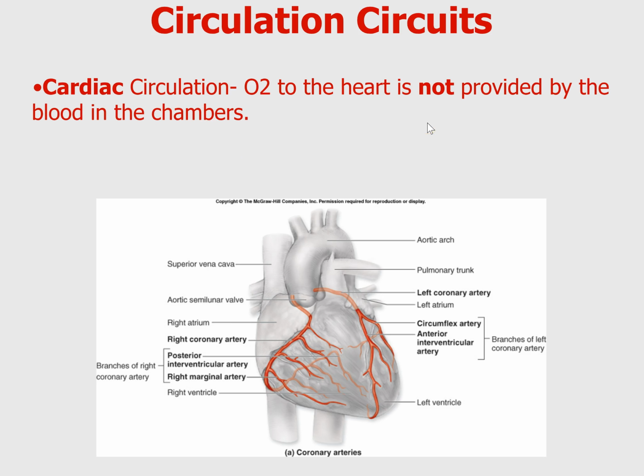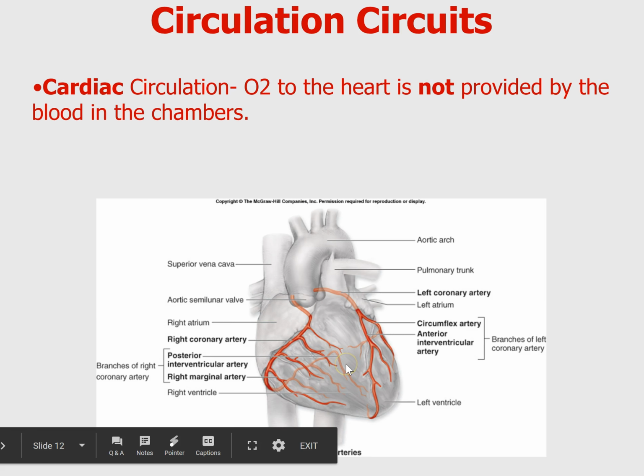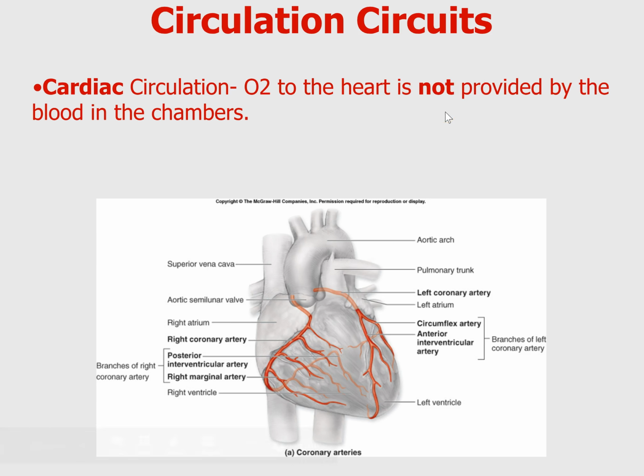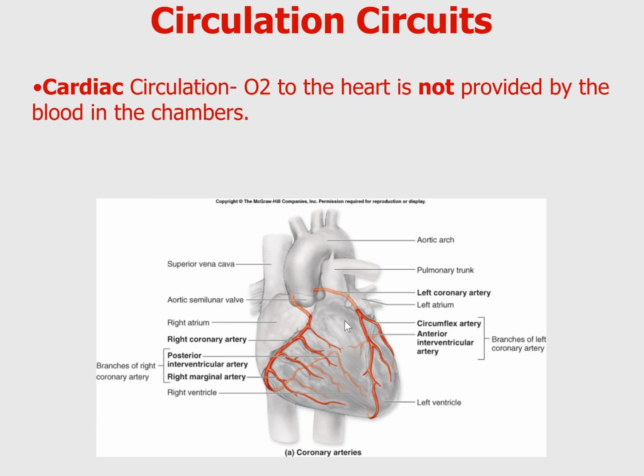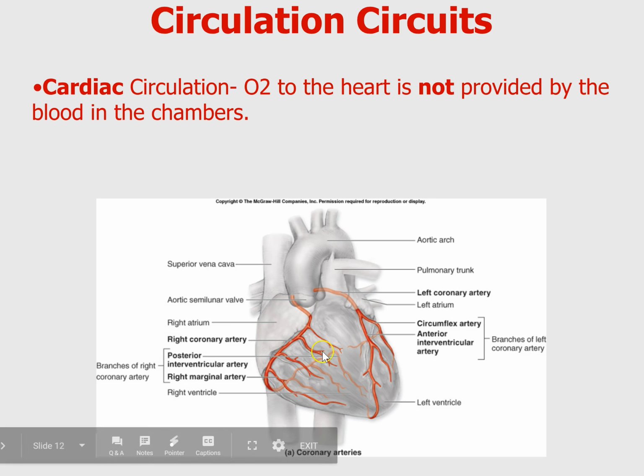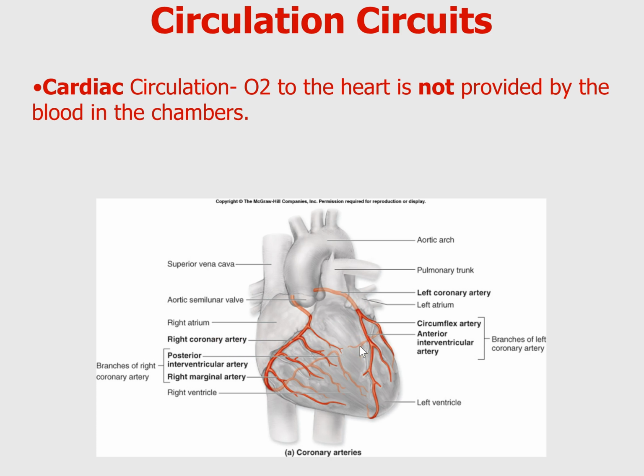Okay. So you might think that the heart is supplied with oxygen because it's pumping blood, so it just diffuses into the heart muscle, but that's not true. Oxygen to the heart is not provided by the blood in the chambers. It has its own set of vessels that are responsible for supplying oxygen and all the required nutrients to the heart. That's done by these coronary arteries. And just as a look ahead,